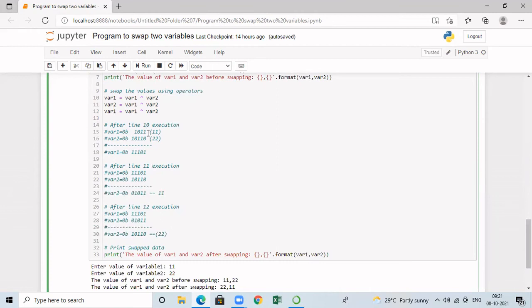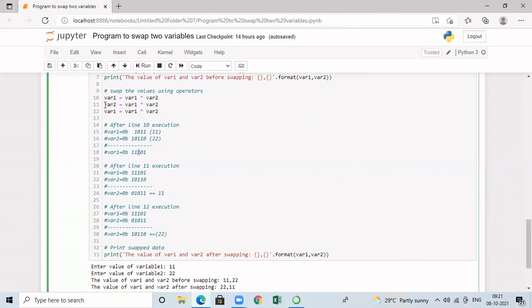So if you consider the LSB, it is 1, 0. So we'll be getting the answer as 1. The next 2 are 1, 1. They are same. So we'll be getting the answer as 0. In the third bit, we have 0, 1. They are different. So we'll be getting the answer as 1 and so on. So here, after the first statement is executed, variable 1 is updated with a new value, which is XOR of variable 1 and then variable 2.